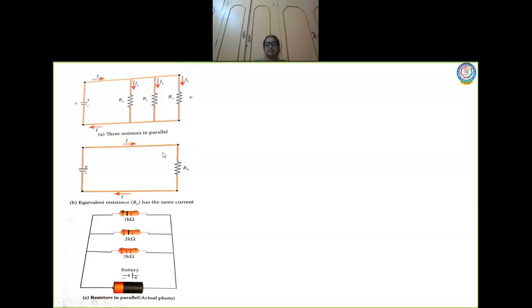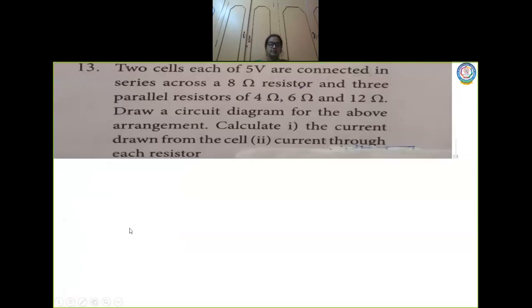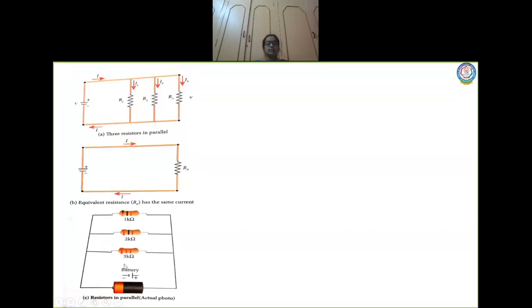Like how we discussed for series, same thing, say a parallel connection, all these three put together, the effective resistance when resistors are connected in parallel. This forms a single network and it is connected to a battery of potential V again. And this is the actual photo, look at the diagram here, 1 kilo ohm, again 2 kilo ohm and 3 kilo ohm, all connected in parallel, and that connection is totally connected to a battery, right? Now in this case, what happens to the potential?